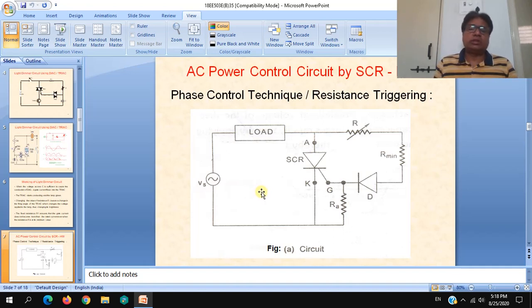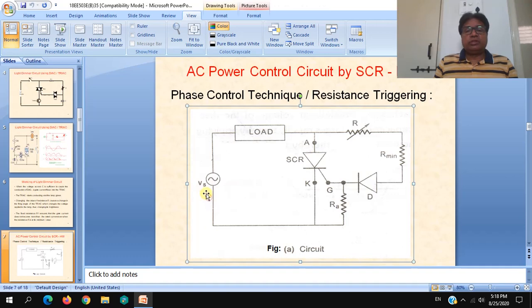the AC voltage controllers or AC voltage regulators, where single phase AC supply is given to the load via the SCR. Only when the SCR conducts will the load get its supply, and all other circuitry is designed to trigger the SCR at the given firing angle, just similar to what we have discussed in the previous topic, that is the light dimmer circuit.